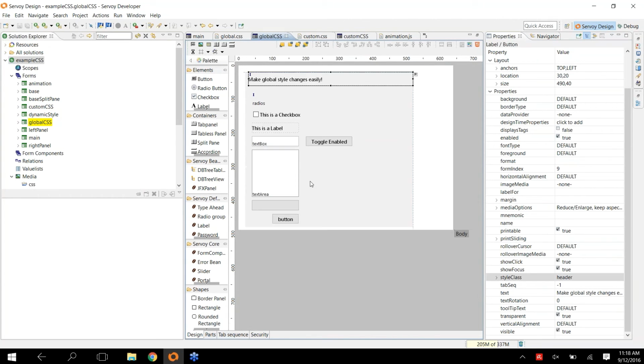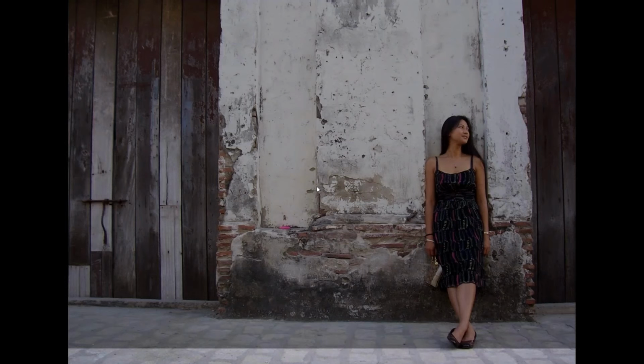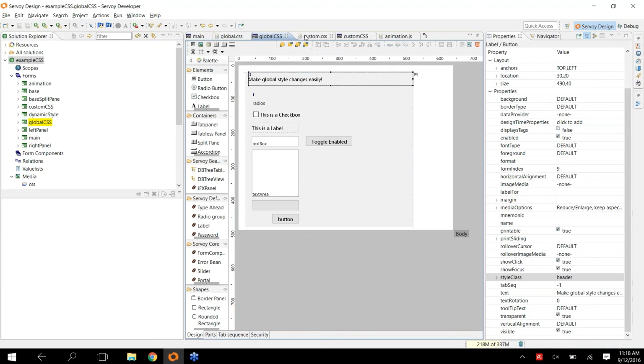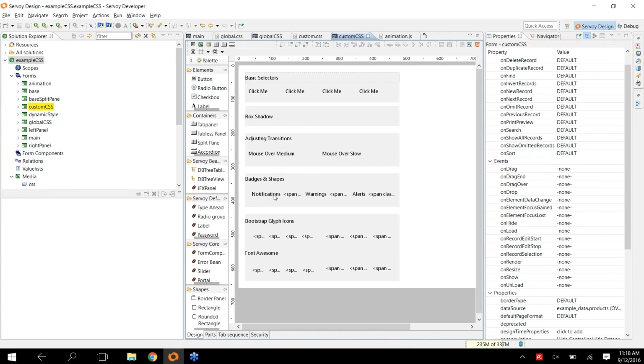We have also some badges and shapes. The badges we get from the Bootstrap CSS. If you look at here, I created a style class just for colorizing these, but if you look into the form a bit more,